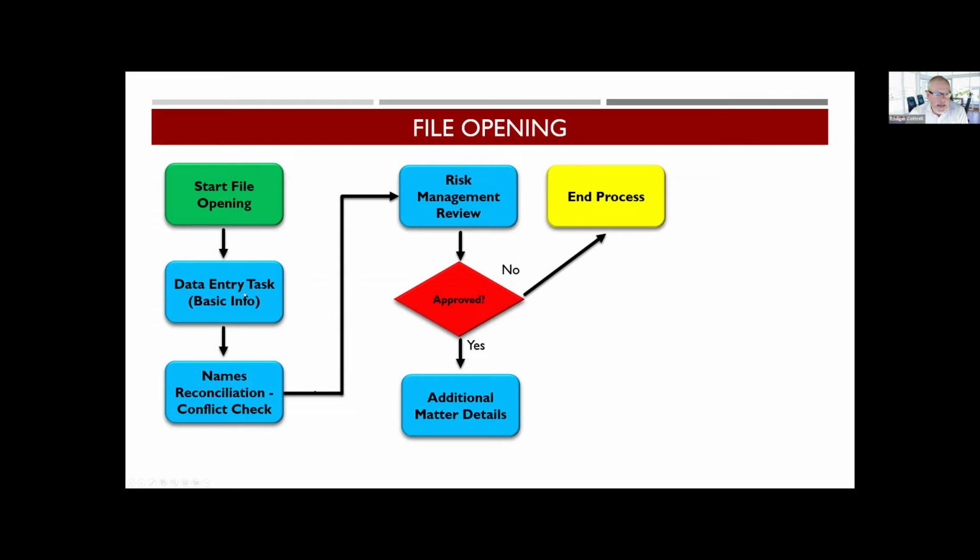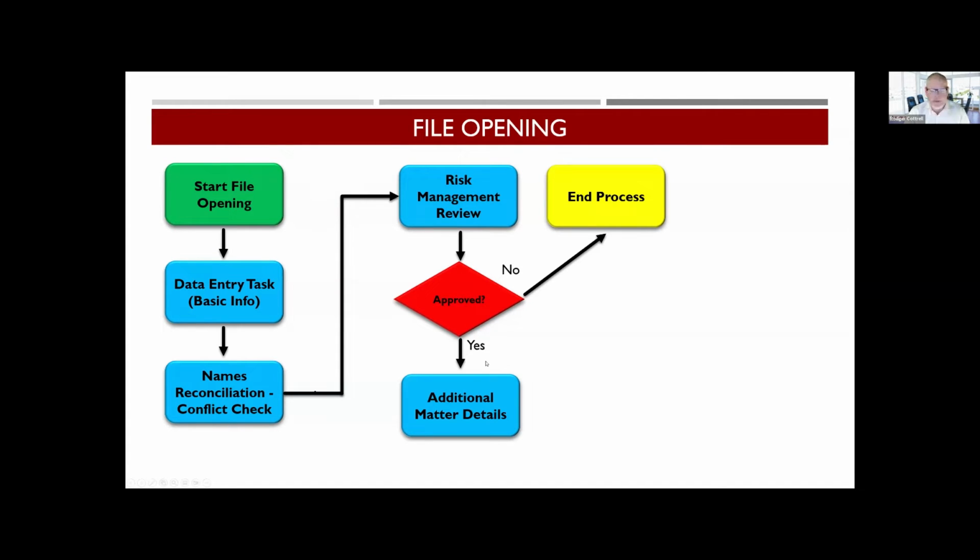So if you remember, we only captured basic information in the data entry task. And now there's a lot more information about the matter that we want to capture. This is probably where you're going to get all of your office, department, profit center information. This is where the legal assistant could add participating attorney information and special rate information, etc. Anything that's associated with a matter. Okay? So again, don't force them to put in all kinds of information over here until we know that the